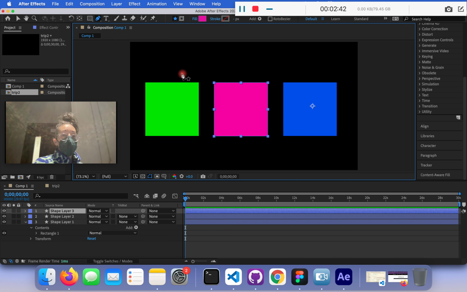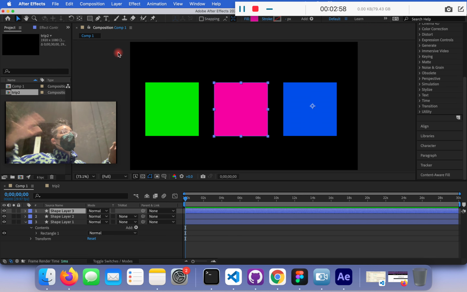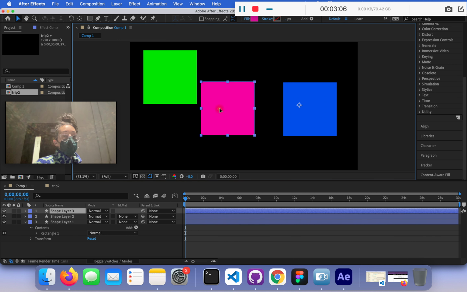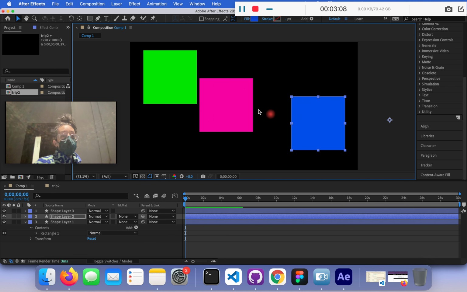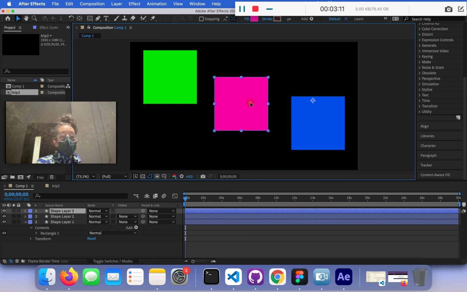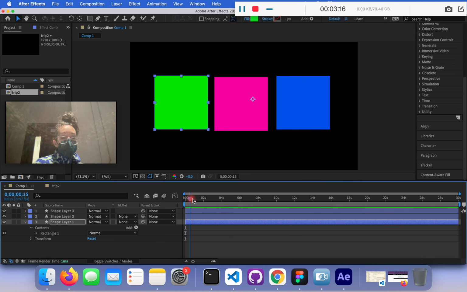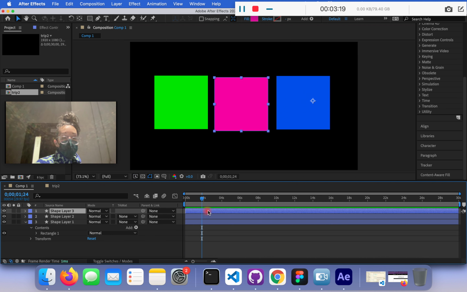Okay, so again, let's say this is going to be your first composition, this is going to be your second, this is going to be your third, okay? So is that making sense? And you can place them, let's just pretend this big space is your canvas. That's the size you have to work with. And then all your individual animations, you can decide however you want to display them, okay? If you want people to see them all at the same time, you can do that. If you want people to see them separately,